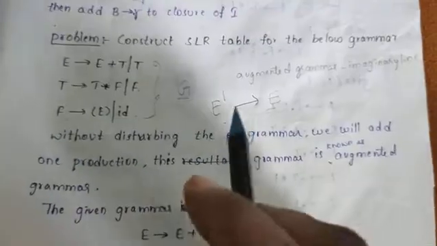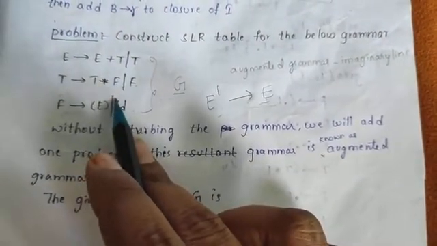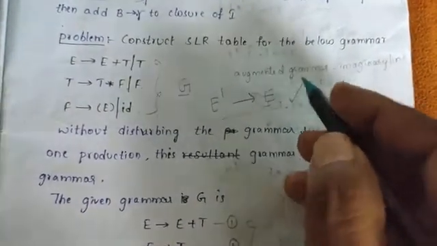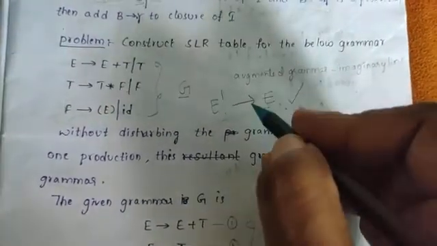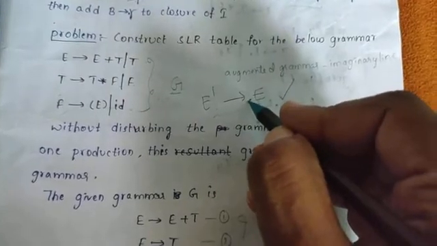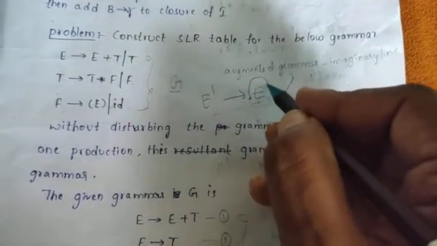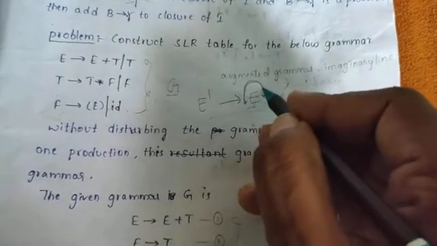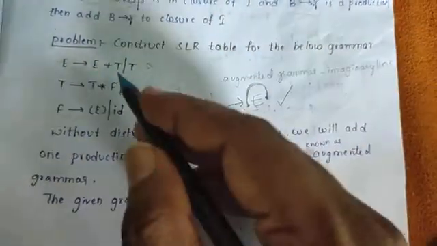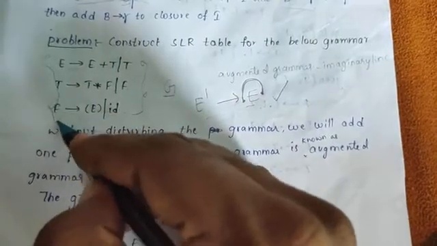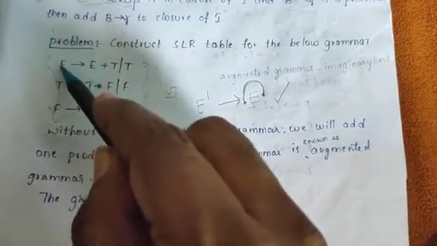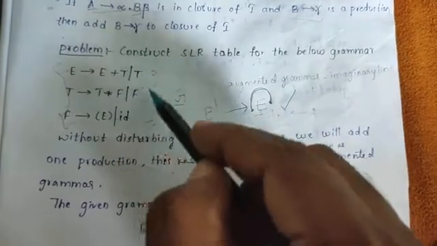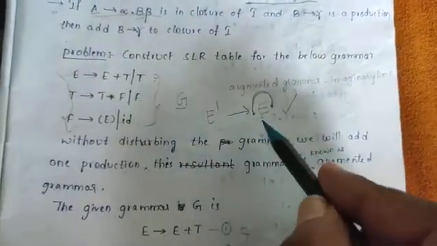This is not given in this given set. This is simply for our assumption. Why are we assuming this? If E is a root element and you are placing the dot from here, it shifts from here to this. That means if the dot moves from our root element, all these productions will be completed. Why? Because E to T, T to F, F to ID. All productions can be completed with this simple thing.